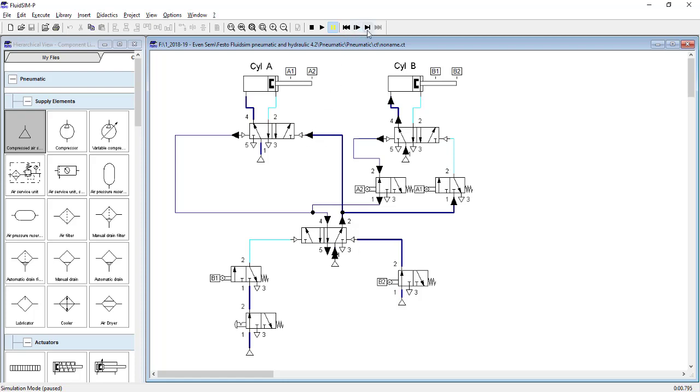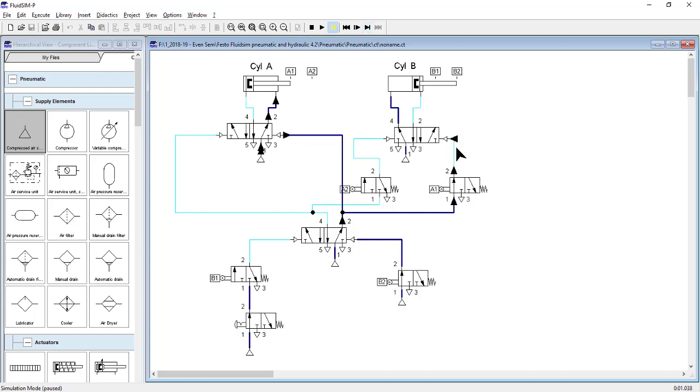So first A minus will happen. So this position changed. Piston A shall start moving inwards. See, A minus is happening. Just as it started, A2 got deactivated. Piston A is moving inwards. As soon as it reaches completely inwards, see, A1 will get activated. A1 got activated. Air will be sent here.